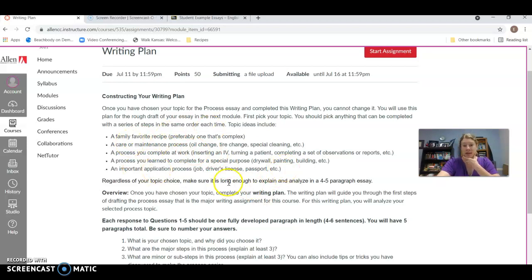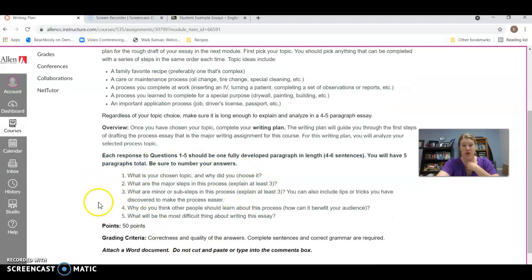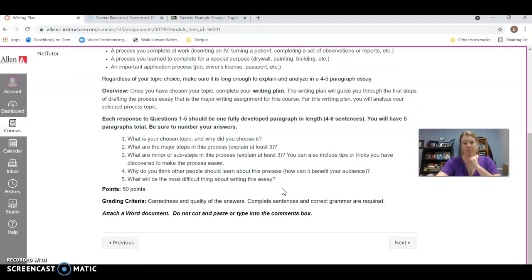So I give you some ideas for different topics that you might choose, and then there are questions that you'll answer about your topic choice, and this is the plan that you'll work with. Now, if you end up changing your mind on maybe some of the sub steps that you're going to include, or some of the other little details about your essay, that's perfectly fine, but you can't change the topic itself.